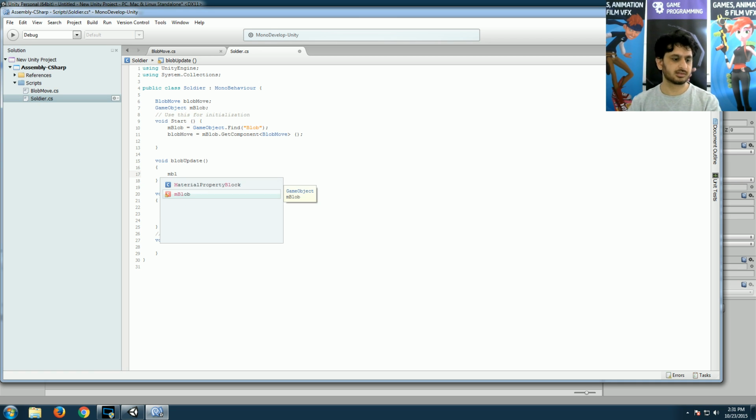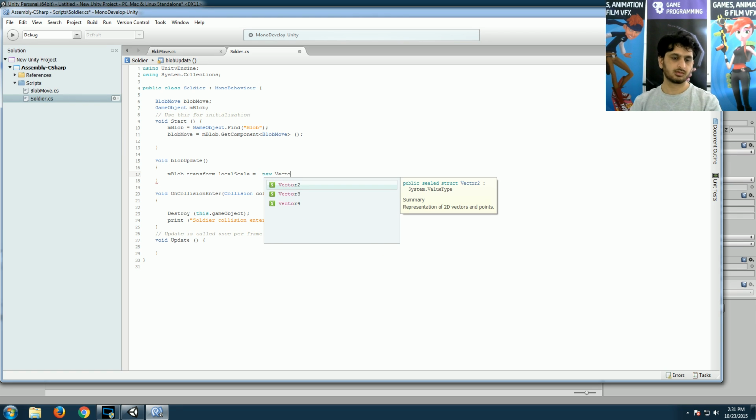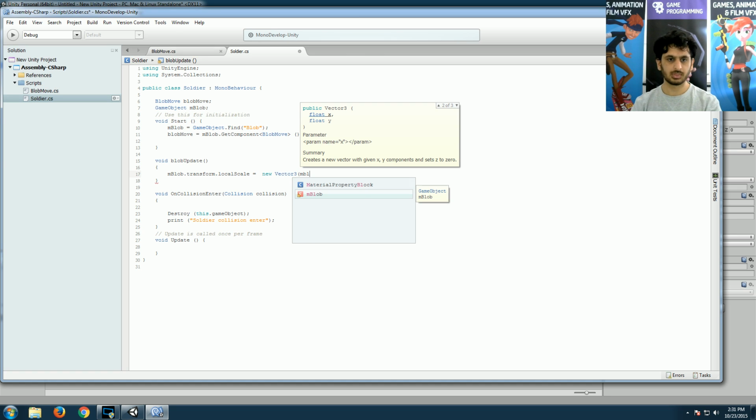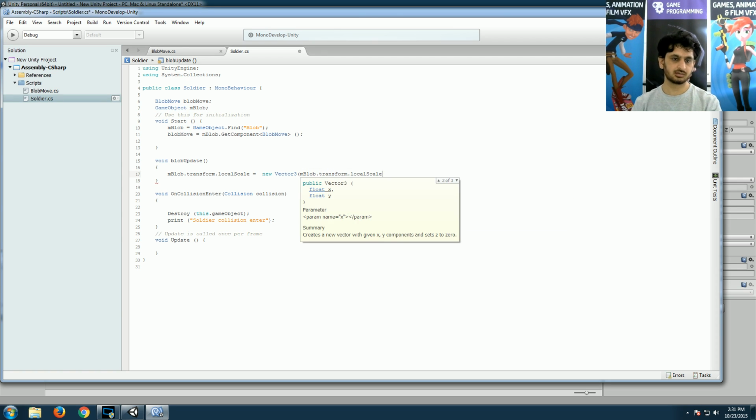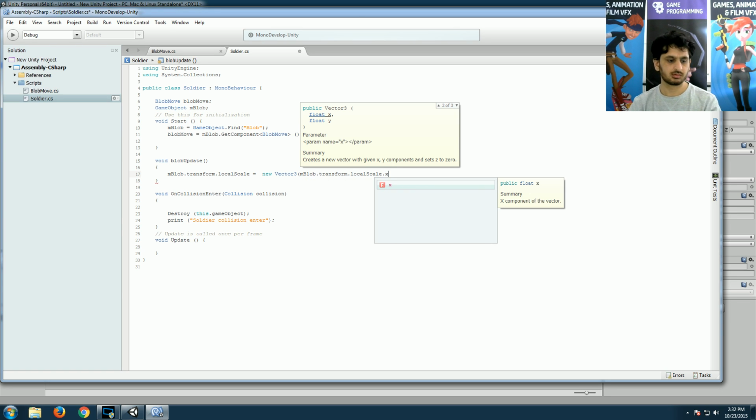So let's do that: blob dot, of course it's the transform dot localScale equals, we're going to update it, so we say new Vector3, with blob dot transform dot localScale, what its actual scale is, because it's increasing all the time, relative to what its scale was before this hit, dot x